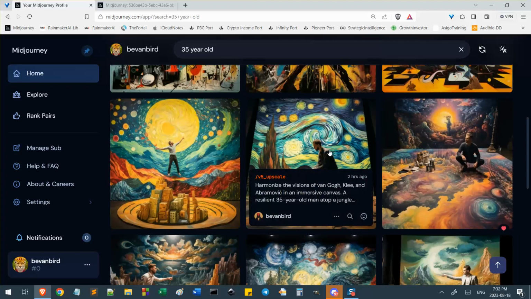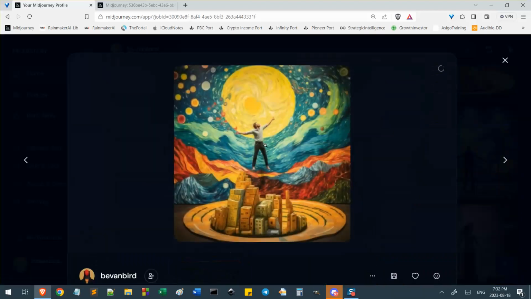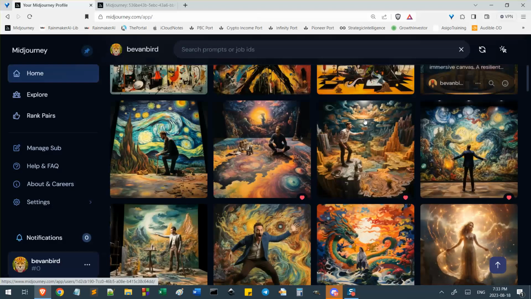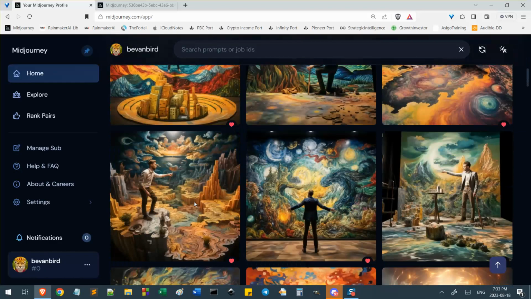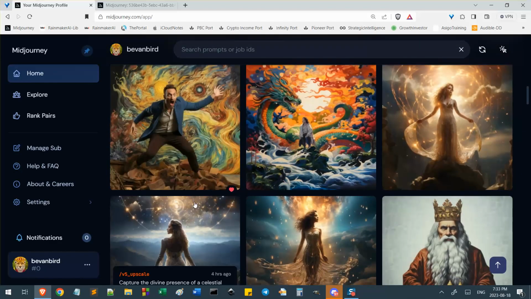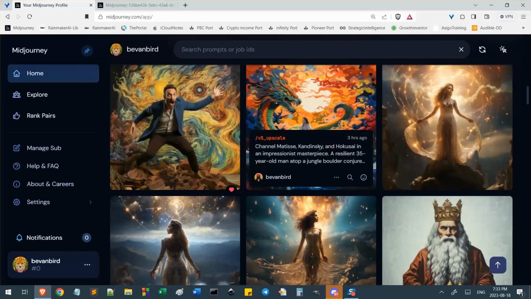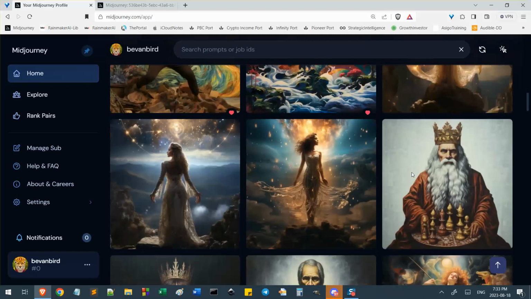Okay, but I'm gonna leave that one out. And it looks like the dude's in the painting. Yeah, he is. He's up there in the painting. Okay, well, it might be interesting. I'm not really gonna use it, but we might take a look at it. Okay, and this is also obviously interesting.